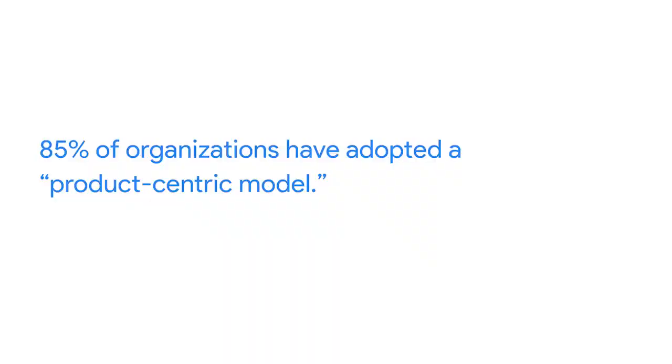Hey, welcome back. Since its creation in 2001, Agile popularity has increased incredibly fast. One industry report showed that 85% of organizations have adopted a product-centric model, which is associated with an Agile approach. The State of Agile report describes how 30% of those companies using the product-centric model apply a hybrid of methodologies. This means that being able to blend methods will be a super useful skill to have as you start your